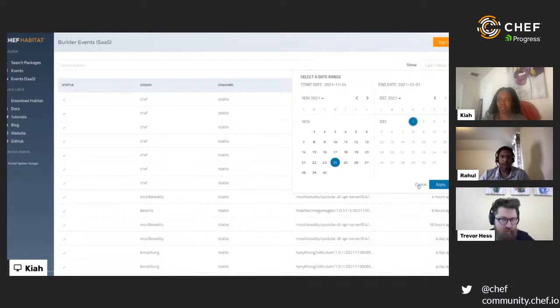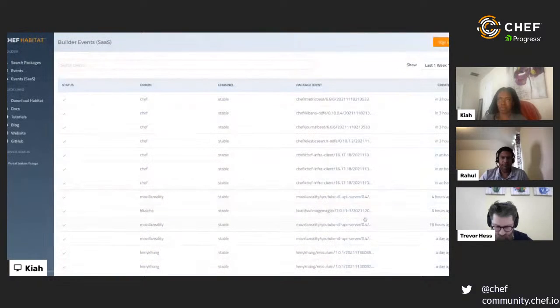And Rahul, you sort of alluded to this, but I don't think you talked a little bit about what that's for. These two event views are to make it easier for folks who, if you're not using Builder as a SaaS, if you've got Builder installed on-prem or in your cloud environment yourself, you can see those upstream package changes to things like the core plans and packages in that event stream for SaaS, while still having a separate feed for the packages that are local to your builder instance. So those packages and components that you're updating to manage your software that you're packaging and distributing.